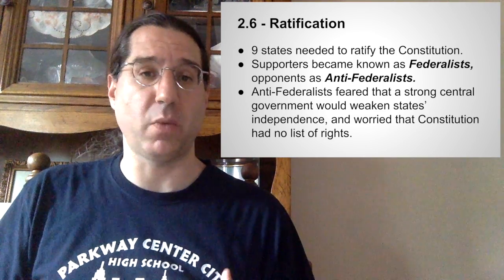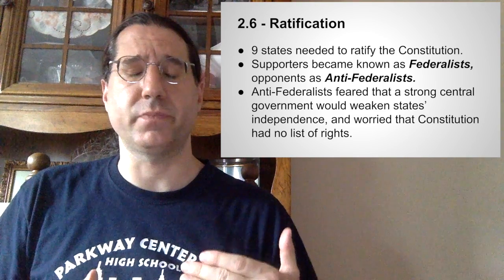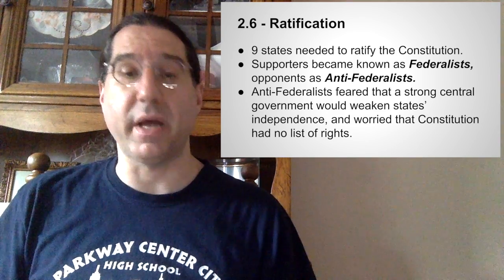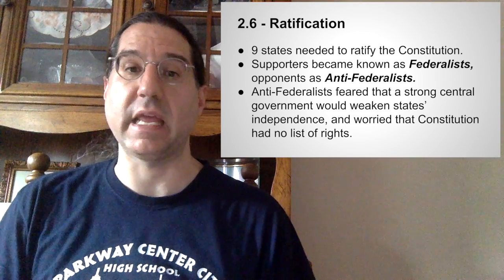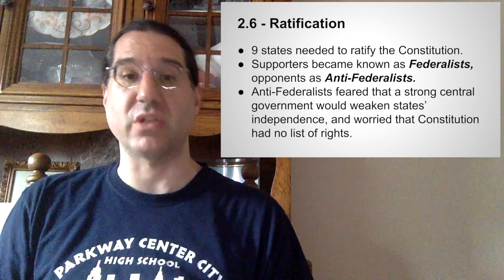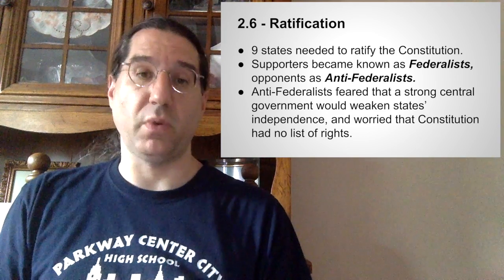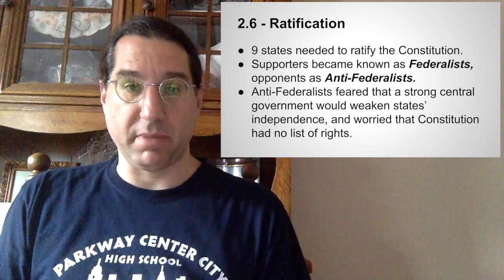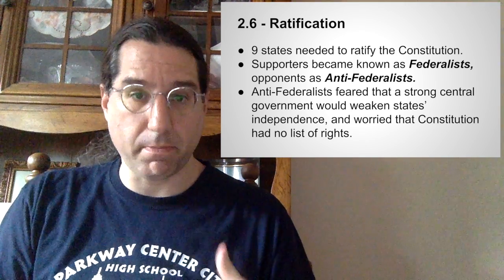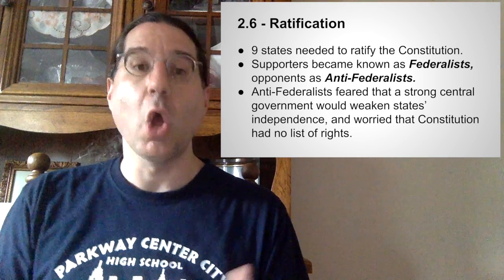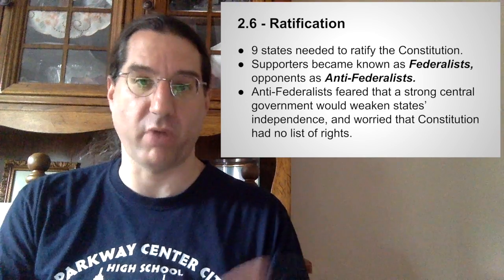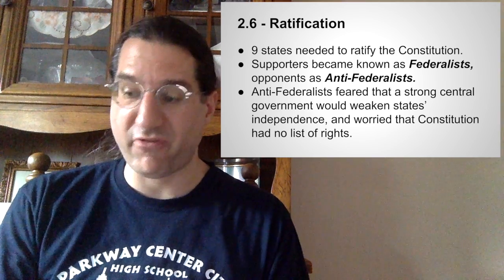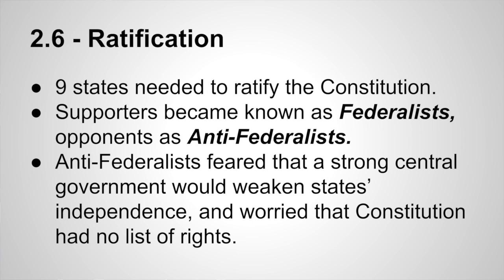The Federalists originally said, well, we don't need that. We don't want to write everything down because that makes things more complicated. But the Anti-Federalists were really firm on this second point about rights. And so the Federalists decided, okay, here's what we'll do. If we approve the Constitution, then as soon as we get everything in place, we'll have the Congress put some amendments into the Constitution, which will actually create that list of rights that you're asking for. So that's how we wound up with the Bill of Rights, the first 10 amendments to the Constitution,